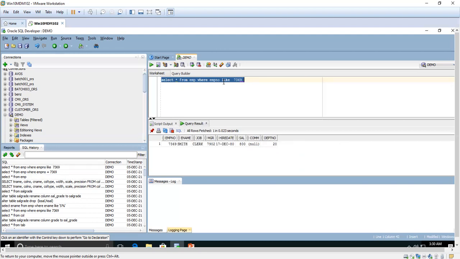If you want to select those names, then we can use this like operator. Okay. Like 'S' and use the percentage symbol. I think you know about the usage of the wildcards. This is a basic thing, percentage, caret; what the purpose is, we can see in the manual. If I explain all those things, it will take more time. So I'm just using the percentage symbol and executing the query.